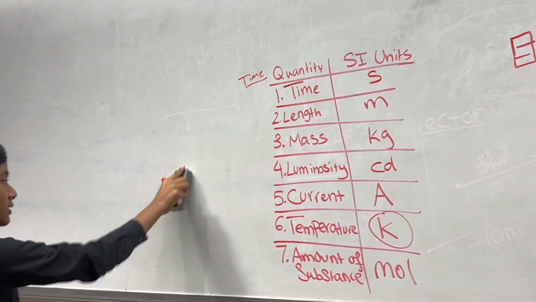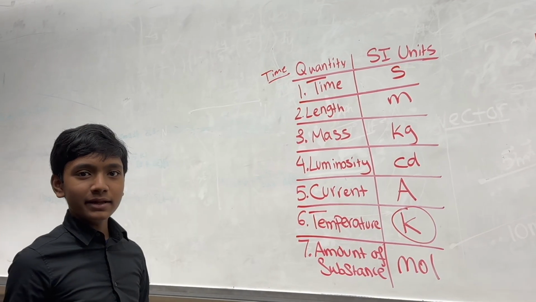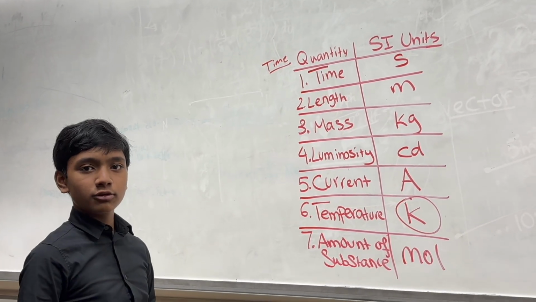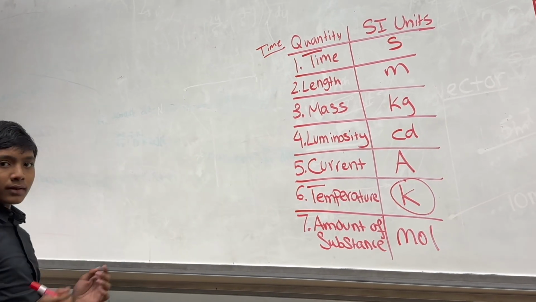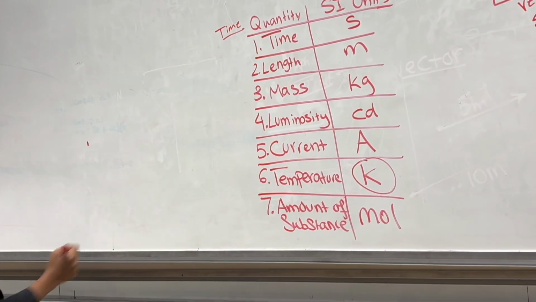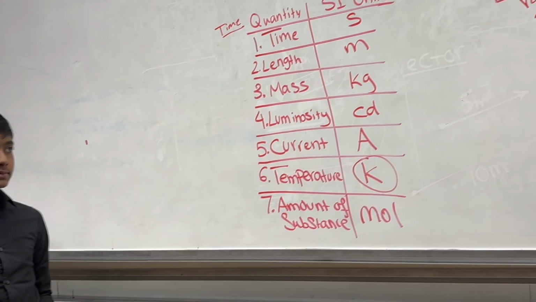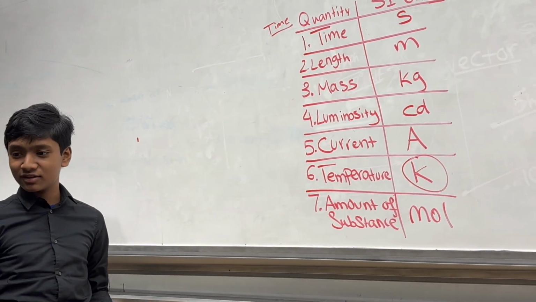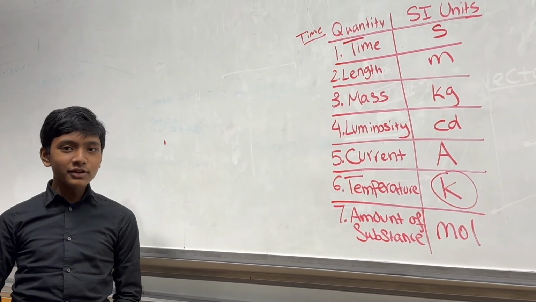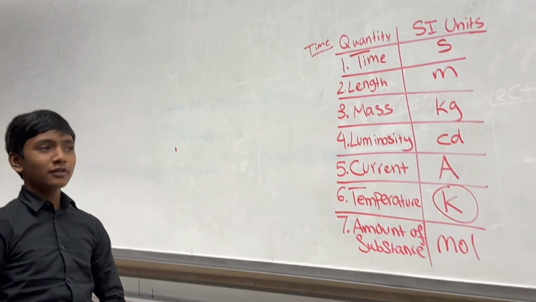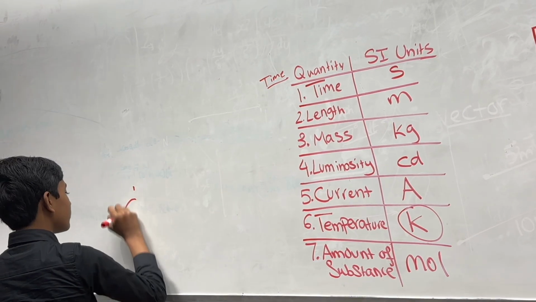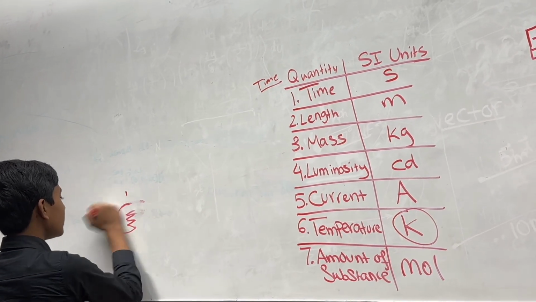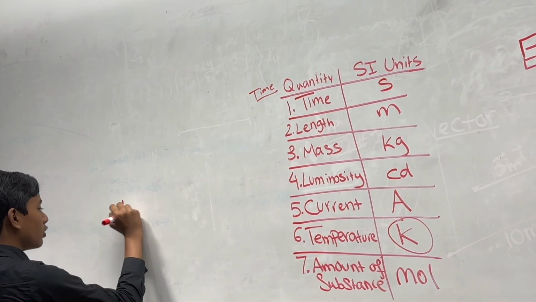So let's start with time. Now, time is probably the hardest one to explain of all of these. You're gonna explain time, length, mass, luminosity. Okay, go ahead. So, at one point, we might have an object in one state, like a full egg,